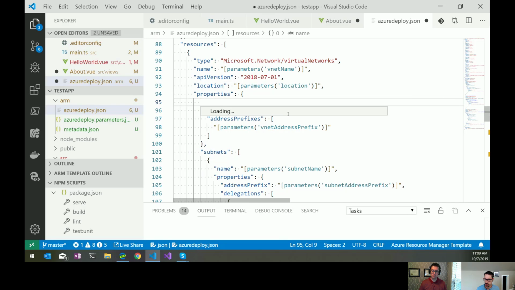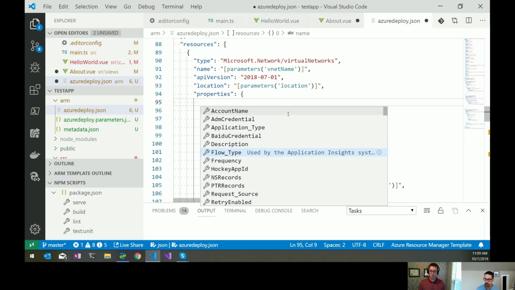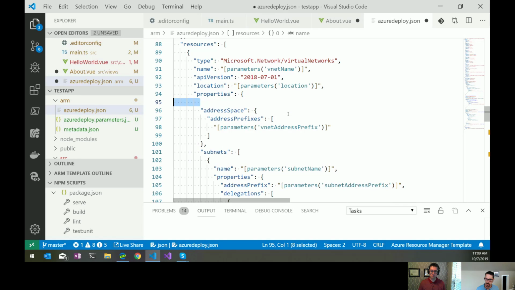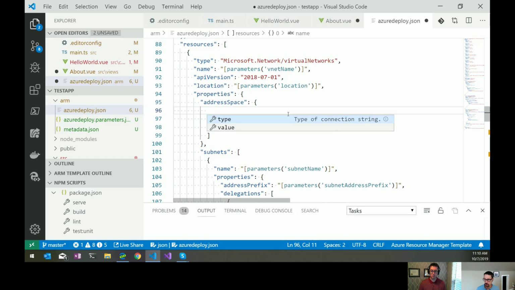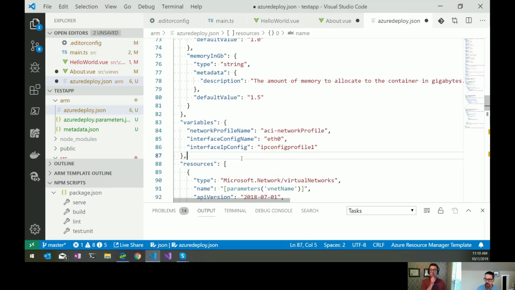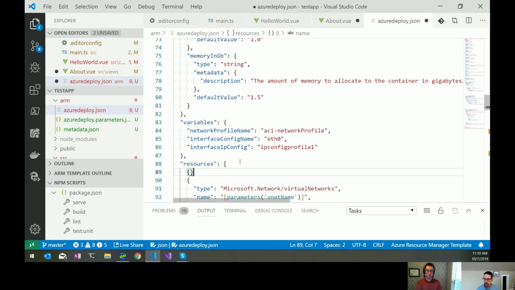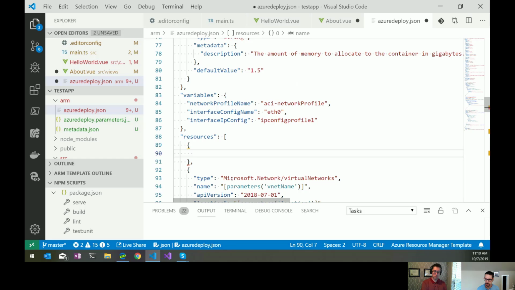But you also get code completion in terms of what are the valid properties for this type of resource within this context that we're at right now, which is really good for just understanding what the options are that you need to specify and what's available. So for example, here, if we wanted to create a new resource for this template, I could just say, okay, I want my type